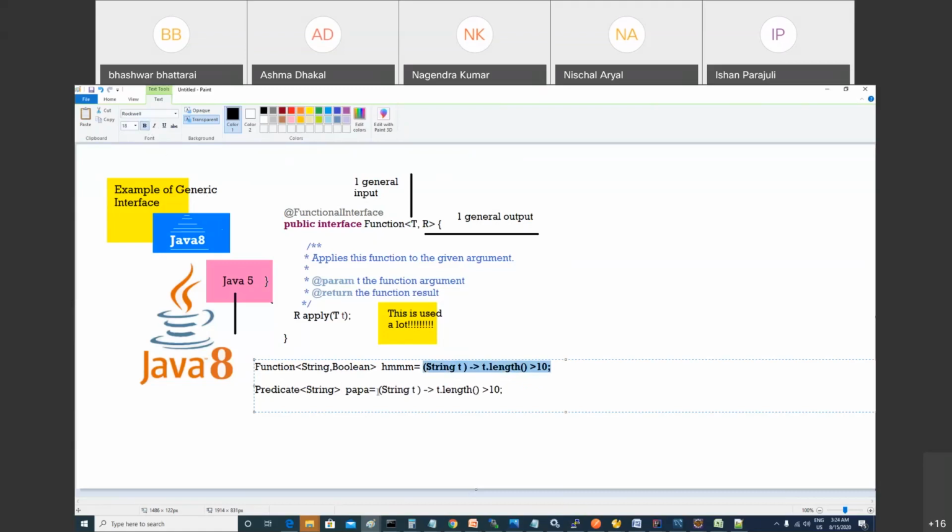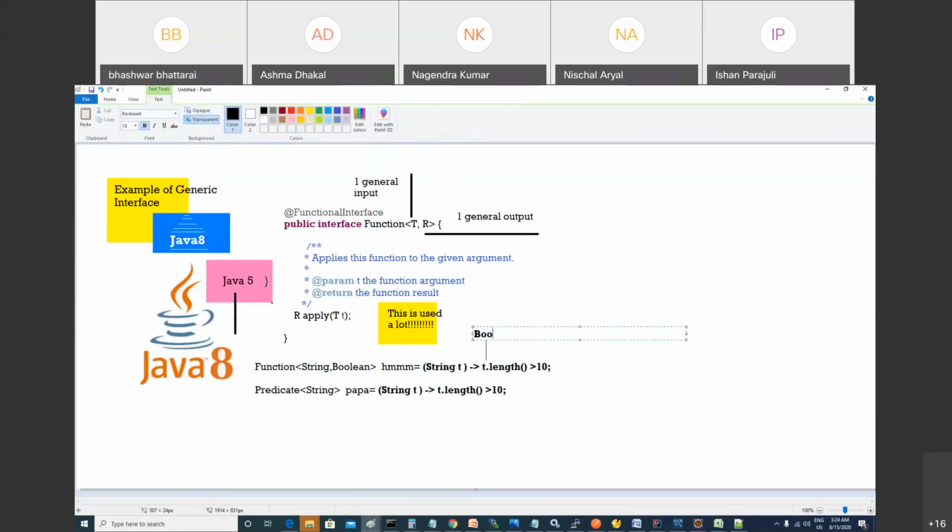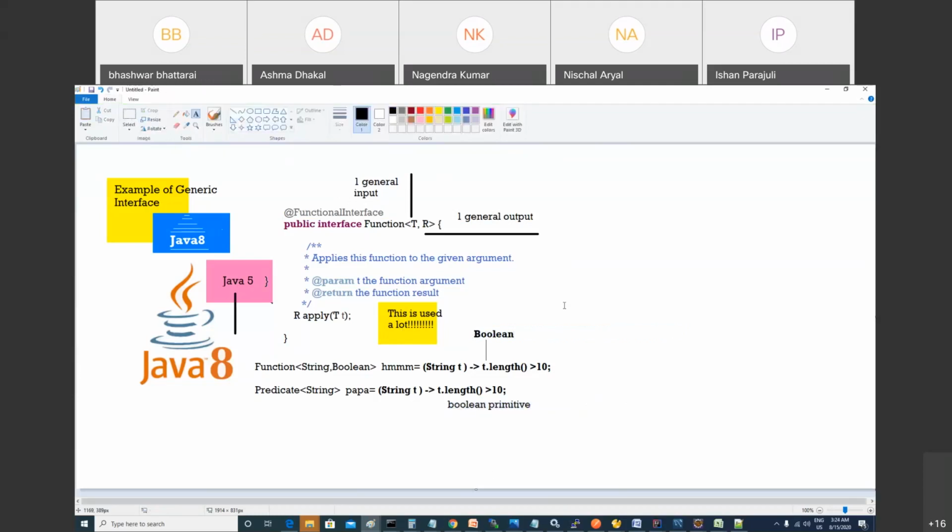Yes or no? The only difference is: if it is returning the Boolean wrapper, then it could be a functional interface. But if it's returning the primitive boolean type, then it is a predicate. Got my point?